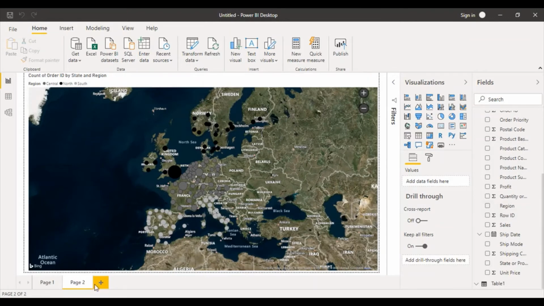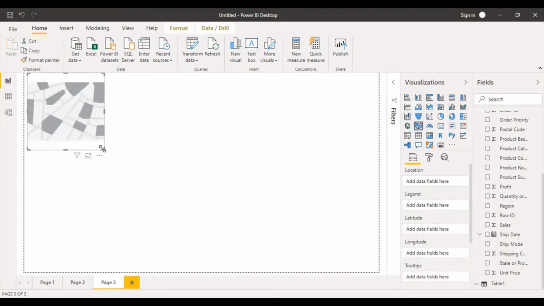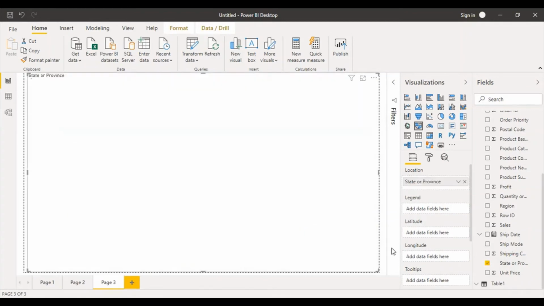So for that, let us just create a new page by clicking on this plus icon, and a fresh page is present in front of us. To create a filled map, the process is pretty simple. All you got to do is click on this filled map icon in the visualizations pane. You can just expand it as per your choice. In the location field, you want to drag this state or province column like this,